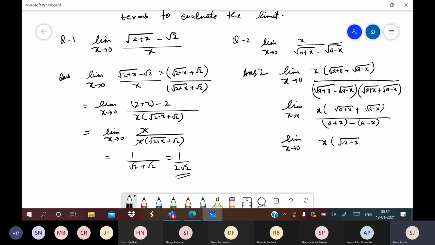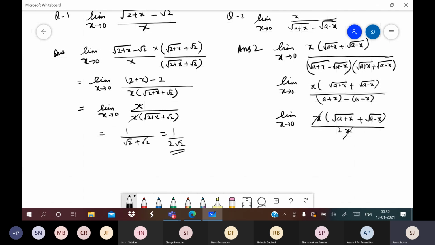But when you multiply the second term with the denominator, there is this identity a minus b into a plus b. So we use that and we simplify the term. If you do the simplification, you will get 2x. A and minus a will cancel each other, x and plus x will add. As a result, this common factor or common term is cancelled.